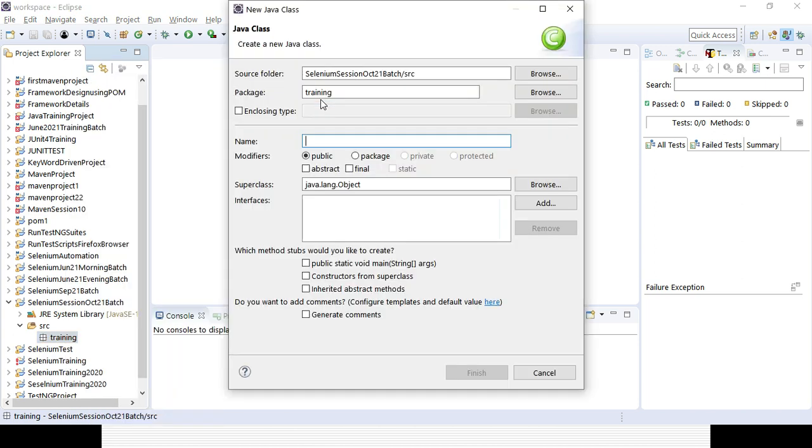Say I can give it Session 1. And here I can select public static void main, string arguments. This is the main function. Right now, no need to worry. The first two sessions I will try to cover the Selenium part, then I will go for Java. Whenever I teach you Java, you will get everything: what the main function is, why it is so, all this stuff. So right now this is the main method. In case you are creating any Java class, there should be a main method. But in case you are using TestNG, no main method is required. You can directly run your test cases from TestNG. So definitely we will get to know it slowly, step by step.